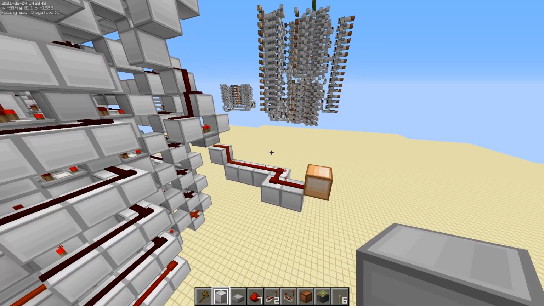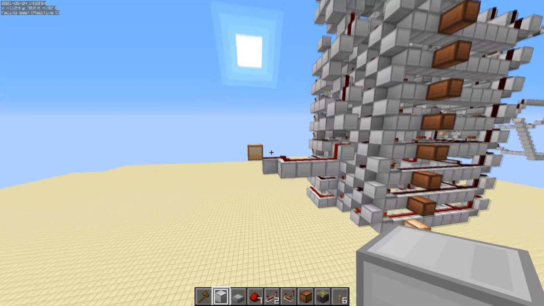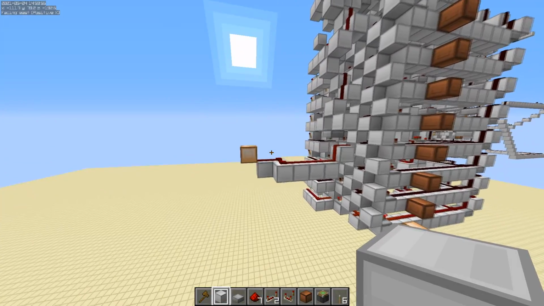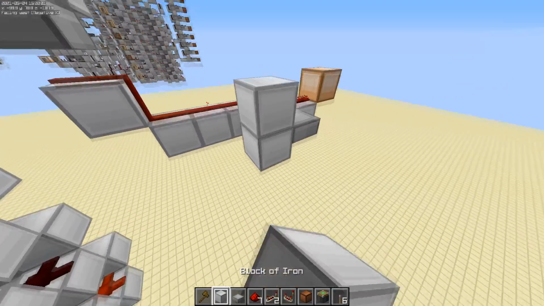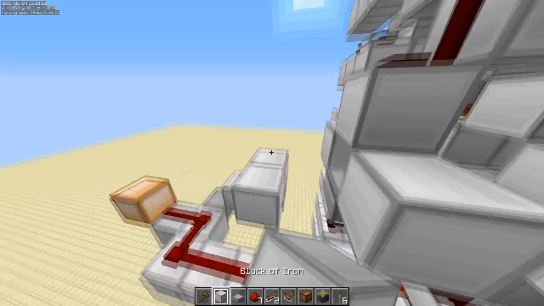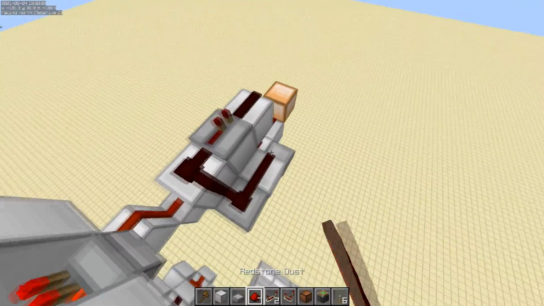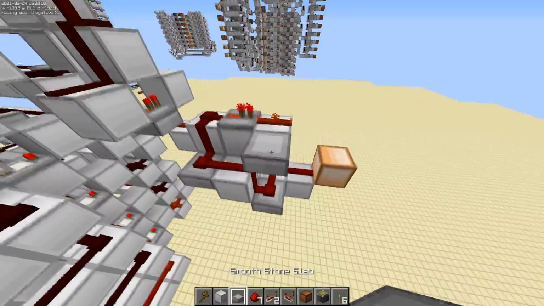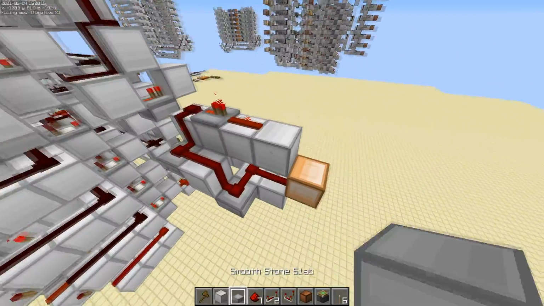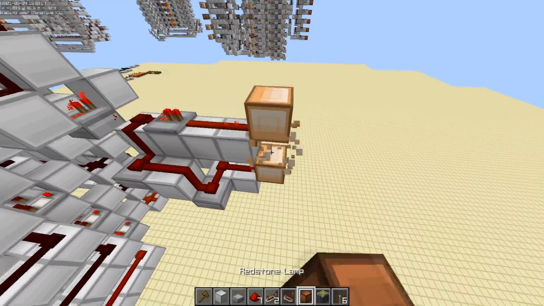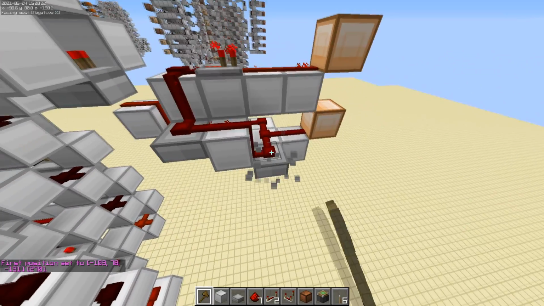So now we have to start a tower that shifts up, because this carryout is always going to be brought to the bottom here, and then it's going to be shifted up to give us our answer in a nice vertical form like the rest of them do. So we're going to put a slab here, block, slab, another block, and then a repeater, and then this is going to repeat, so you're going to end up having another slab here. So we can stack this whole thing up 14 more times, because we already have 2 lamps and we want a total of 16. So take this whole thing,